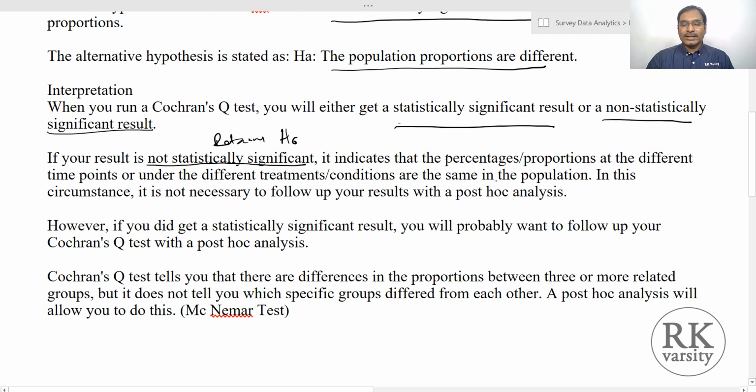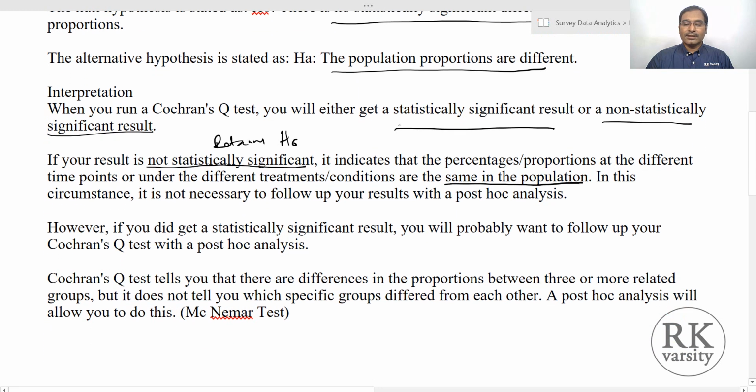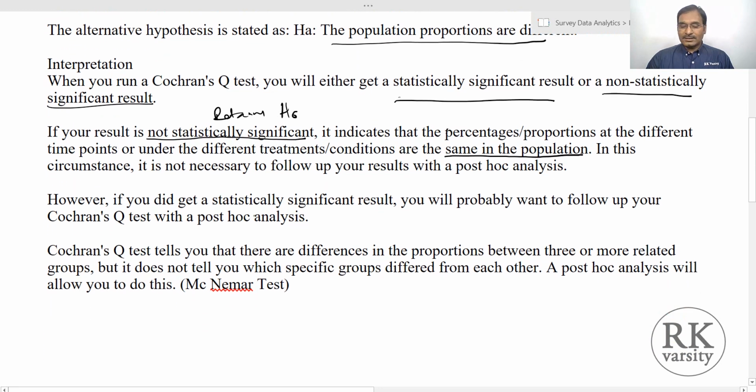It indicates that the percentages or proportions at the different time points or under different treatment conditions are the same in the population. So your null hypothesis says that there is no statistically significant difference in the population, and you are retaining it. In this circumstance, it is not necessary to do any follow-up tests.